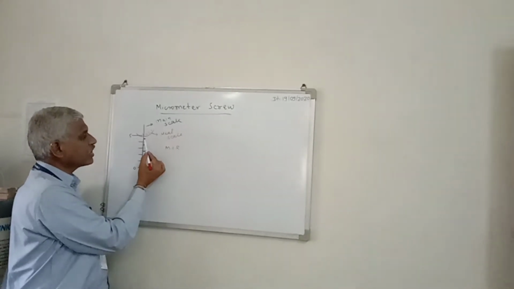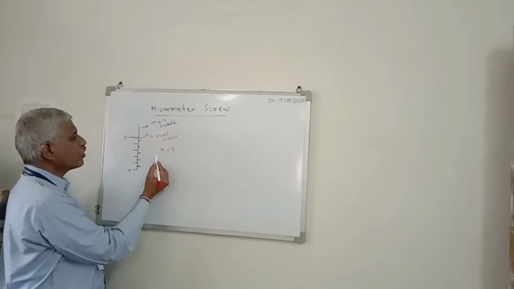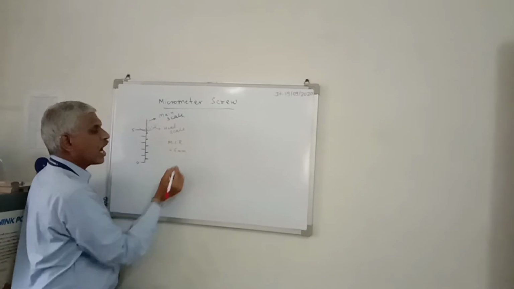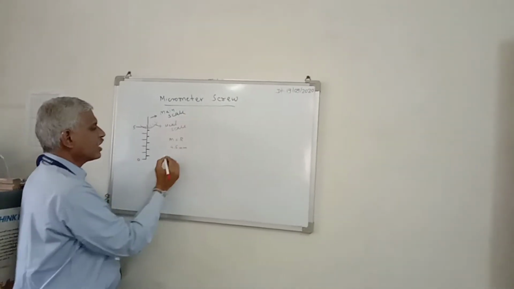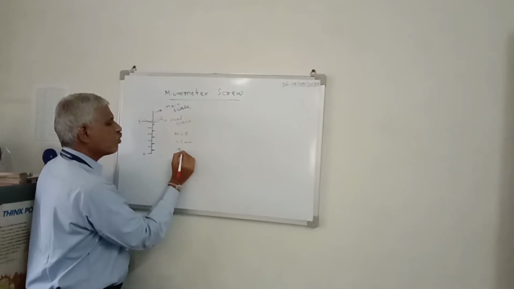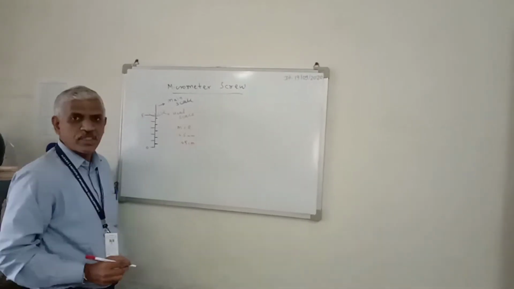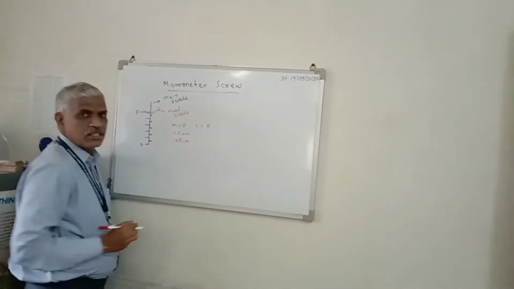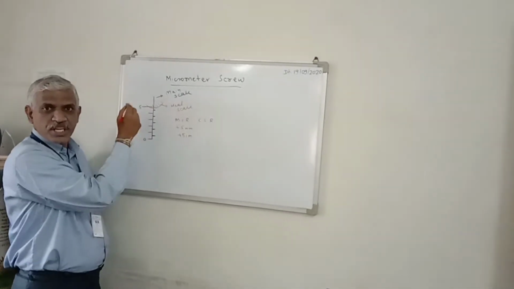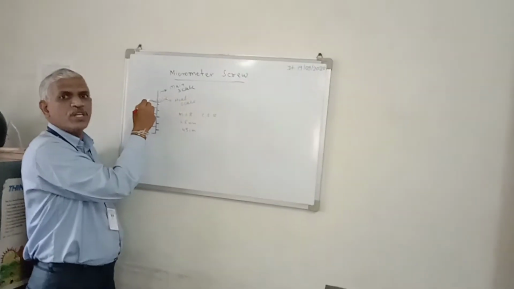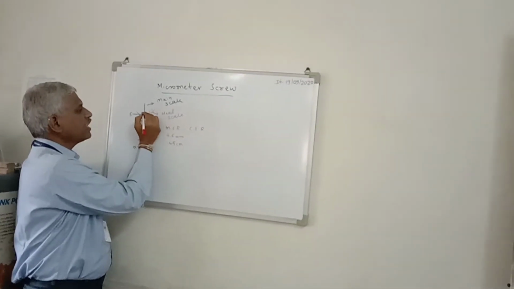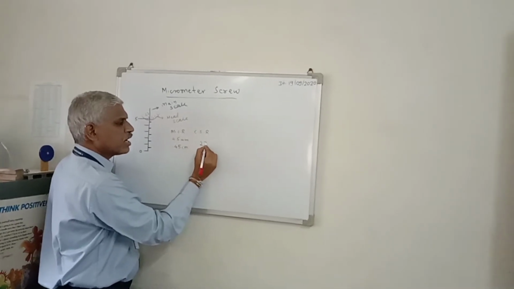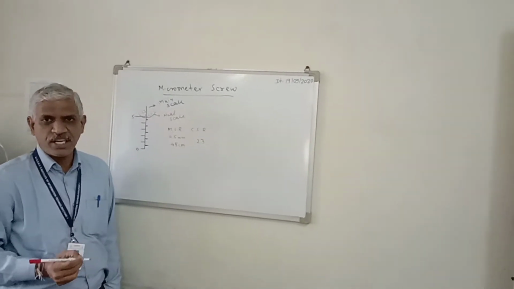So you have to consider this half mm mark, and therefore the main scale reading will be 4.5 millimeter, and if you want to express it in centimeter, you have to write it as 0.45 centimeter. Then write the circular scale reading. The circular scale reading is the division completed by the circular scale with respect to the main scale. Suppose this completed division is 23. Then the circular scale reading is merely a number, and the completed number is 23.